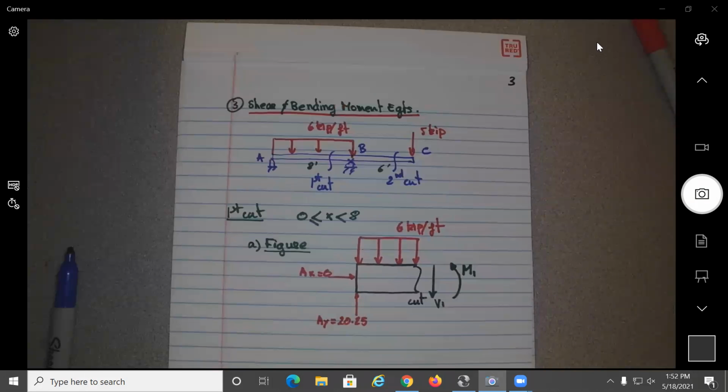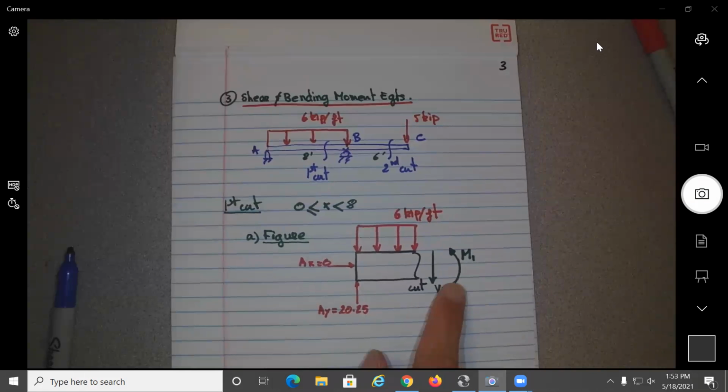So by making the cut, what's happening now? Those internal actions, shear and bending moment, become external. So you can put them on the figure, no? Now that these two become external, what does that mean? We can use summation of forces and summation of moments equations, all right? So we use the summation of forces to find V. We use the summation of moments to find M, all right? So that's what we're doing. So B,